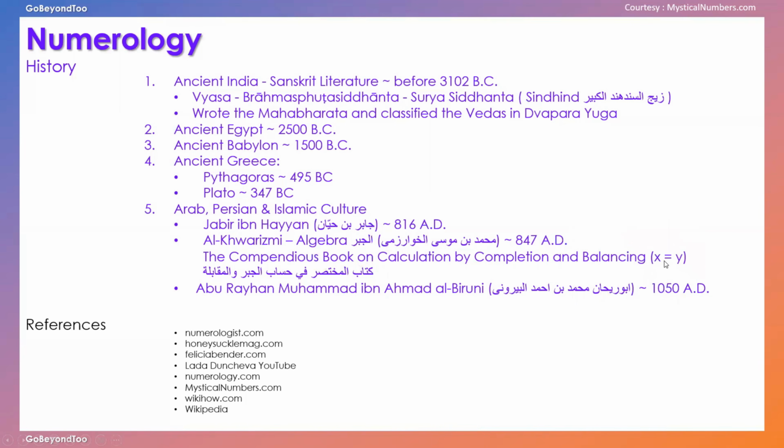He wrote a book about the balancing, which is essentially x equals y in mathematics. Very important. And of course, the last but not least is Al-Bayruni, who had traveled to India and translated some of the biggest and most significant works of Sanskrit literature, including the Siddhanta and the Surya Siddhanta, which is referred to as Zayj Sindh Hind al-Kabir. So a very significant person here. I will probably create a video in the future that will shed light on the works of Al-Bayruni.